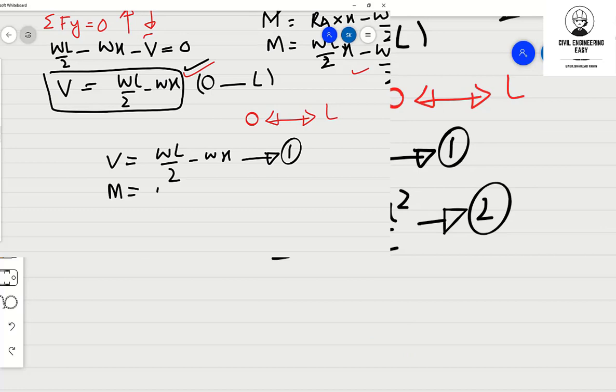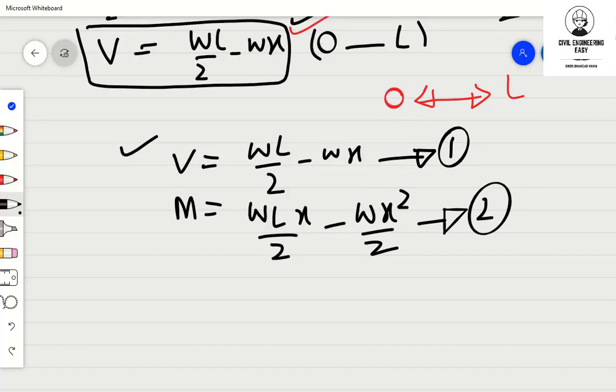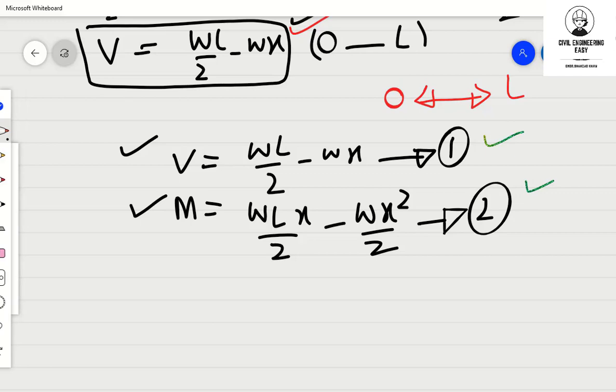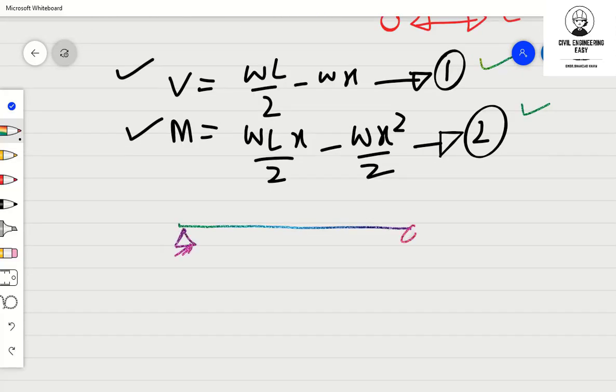Until now we have found these two equations, one for the shear force for the entire beam. You can find out the shear force at each portion of the beam from this equation. Also the moment at any portion can be calculated from this moment equation. From these two equations we will calculate the shear force and bending moment diagram for a simply supported beam having uniform distributed load acting on the entire span of the beam. So how will you do that? Let's see. Redraw the beam,